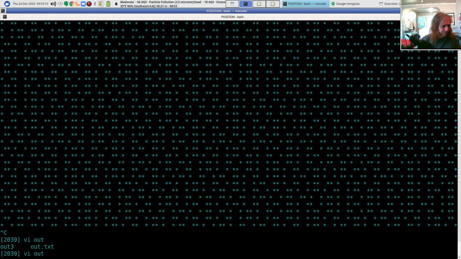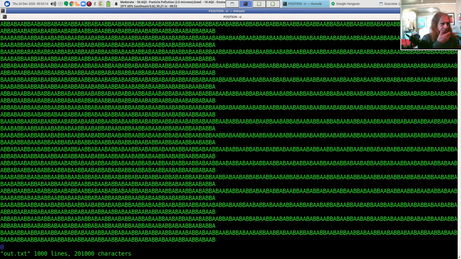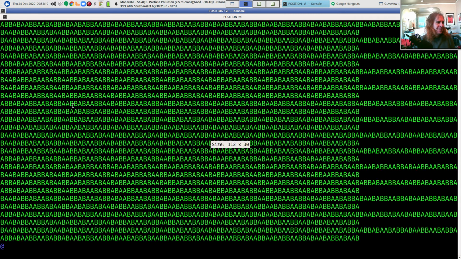So what I did was put this stuff into a file, and here's the first string: ABBA, BAAB, ABBA, ABA, BABA, etc., etc. And this is alternating between the A string and the B string, so we just need to look at the first one. So how do we assess this?